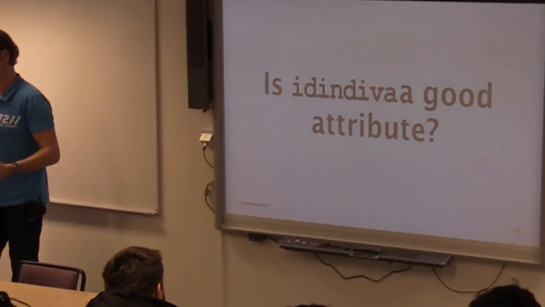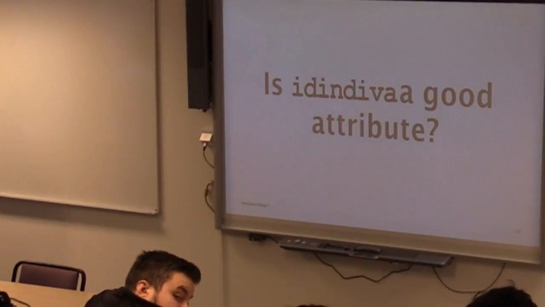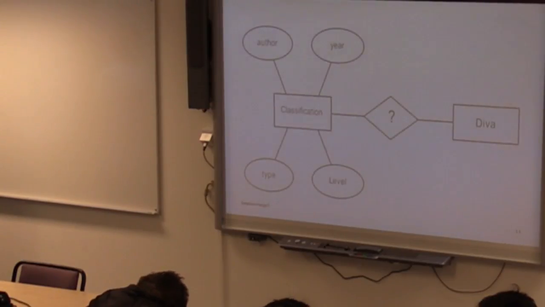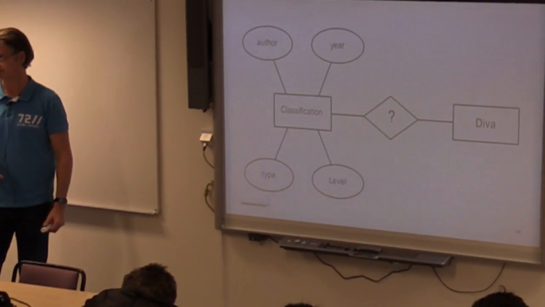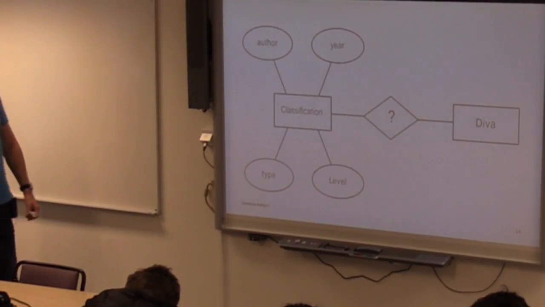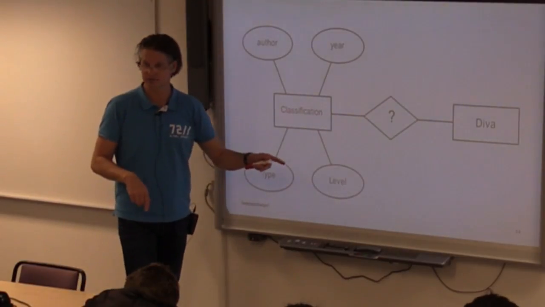I don't think it is, but this is a part of your modeling. You sit down and talk to your friends about this and come to the conclusion, all right, it might not be that good that that's an attribute. It probably is an entity somewhere. So you remove that DIVA attribute, you create an entity from it instead,